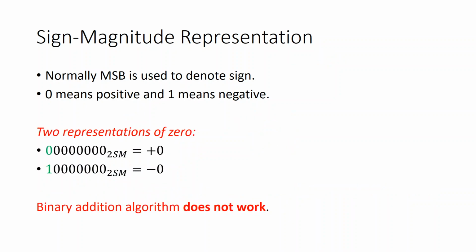Now you see that in this signed magnitude representation, there are two representations of 0, because 0 can be represented either like this, as you can see here, all zeros in the magnitude part and an additional 0 as the sign, or all zeros in the magnitude part and an additional 1 at the sign. So this is in 8-bit representation. The 0 in 8-bit representation is looking like this. If you had a 4-bit representation, then it would be simply 0 0 0 0 or 1 0 0 0. Both would be plus 0 or minus 0.